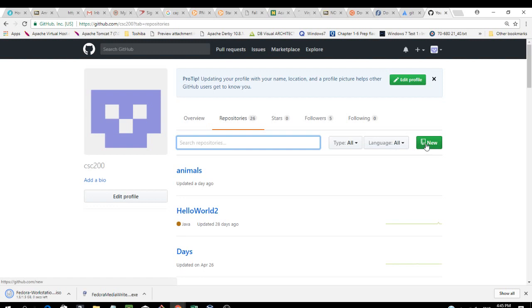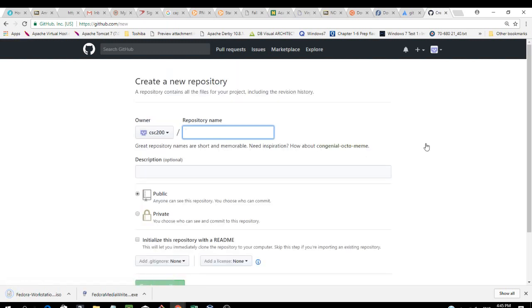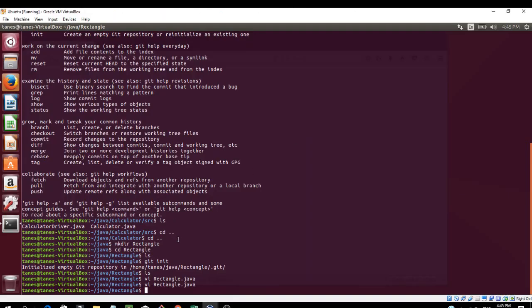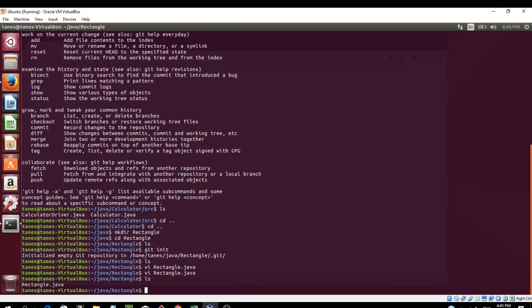Then technically I need to create it here, right? New geometric calculator instead, okay? Because it's going to return perimeter and area, correct? So I just hit create, right? So now I have the Git link. Okay, now how am I going to publish my file like rectangle.java to that geometric calculator